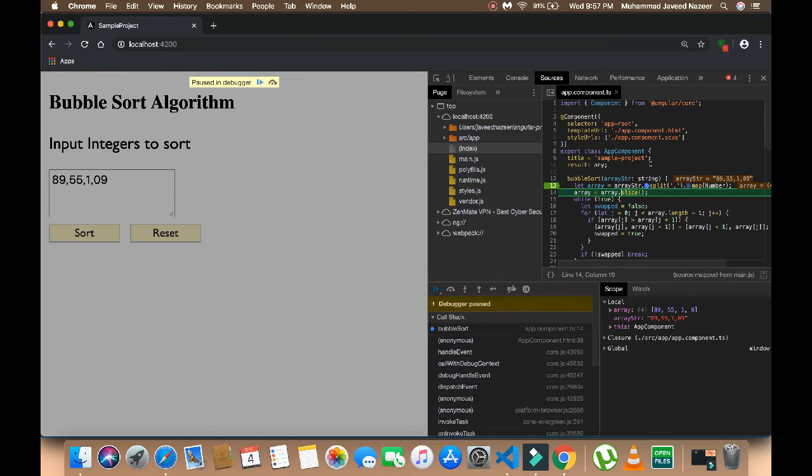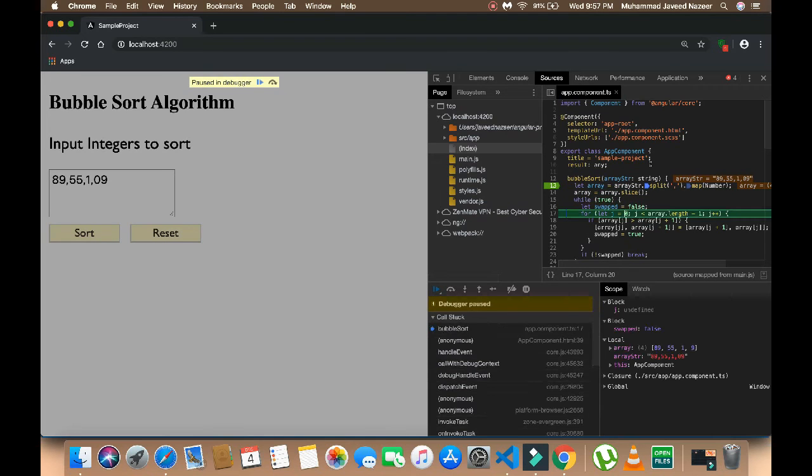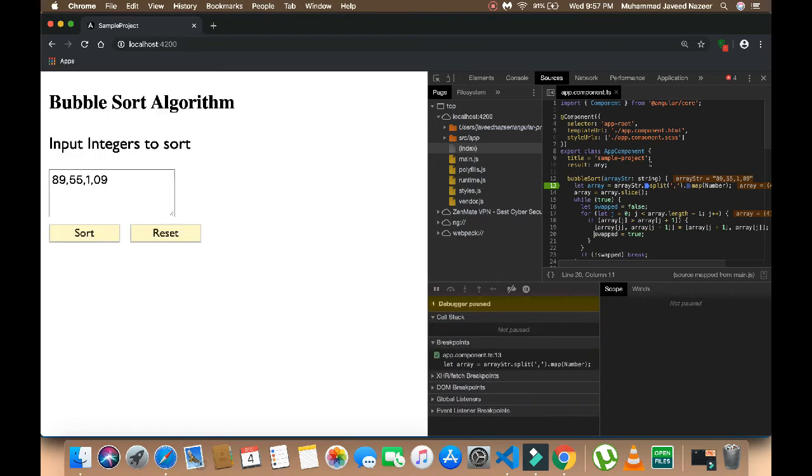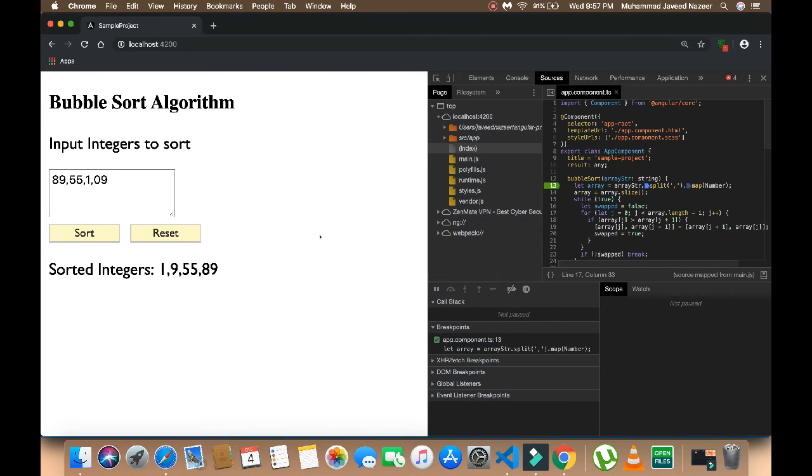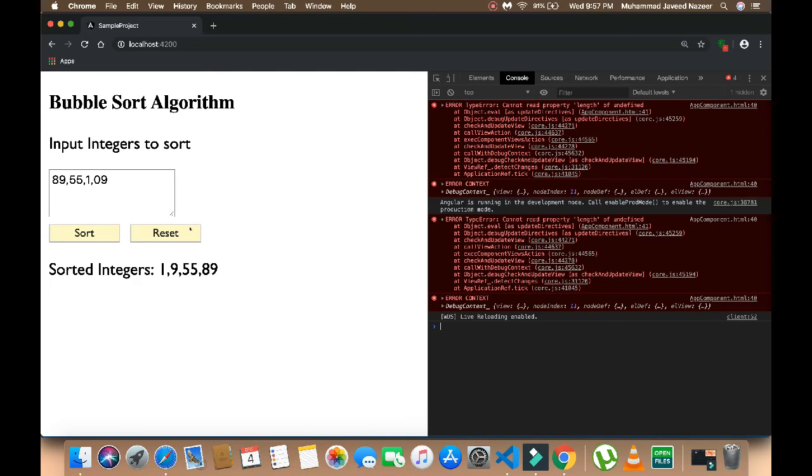Okay, fine. Let me go on. Everything is working fine. So let me press F8. Okay, we could see the values here. Perfect.